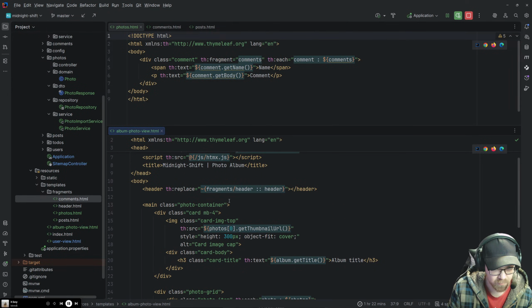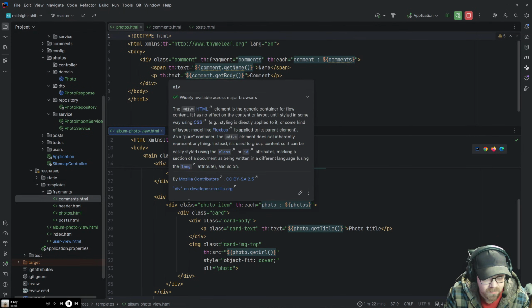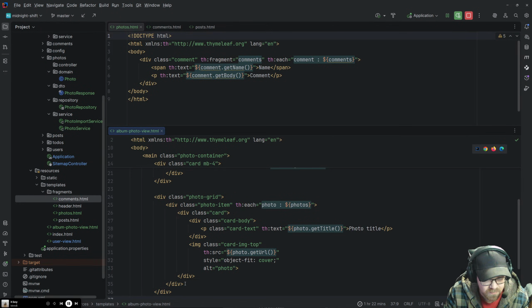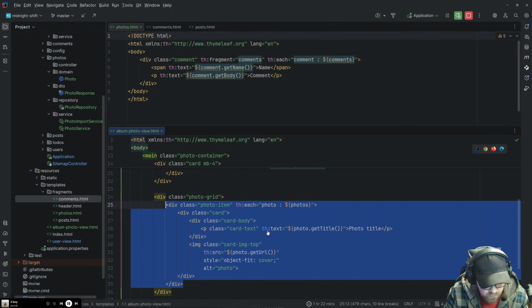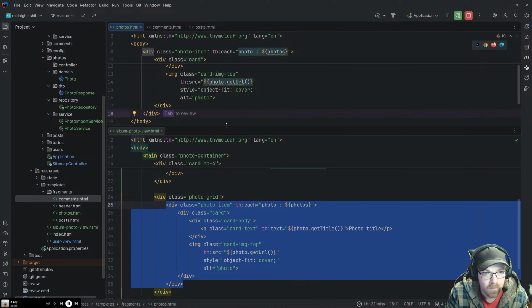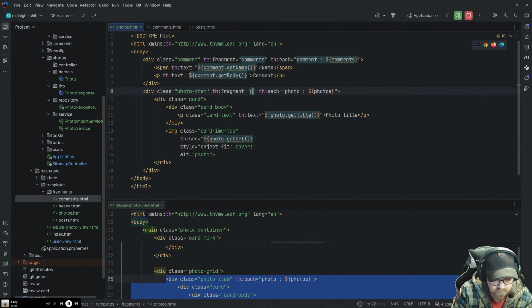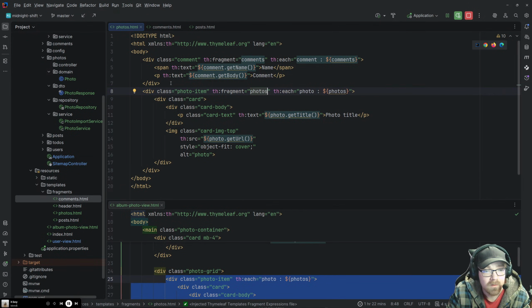Okay, what am I going to be looking to fill up here? So this is essentially what I'm looking to do in here. And I'm looking to slip this bad boy in here, except this is going to be photos.